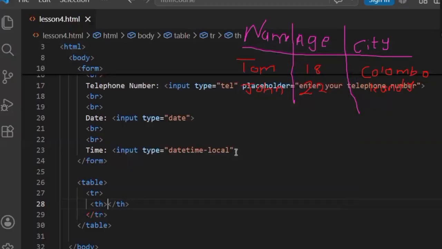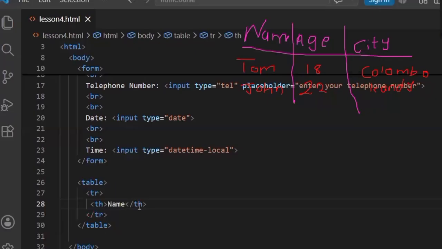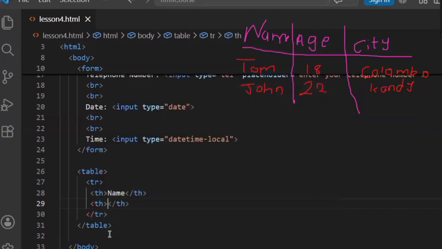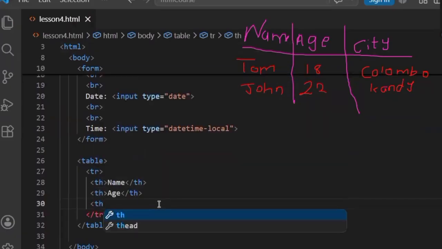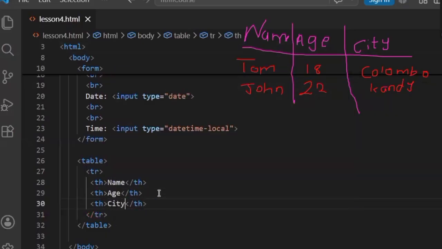So name. Now let's refresh and check. See, the table is still not made. Then we will open another TH for age. We have to open 3 TH tags because there are 3 table headings. City. Okay, we are done with one table